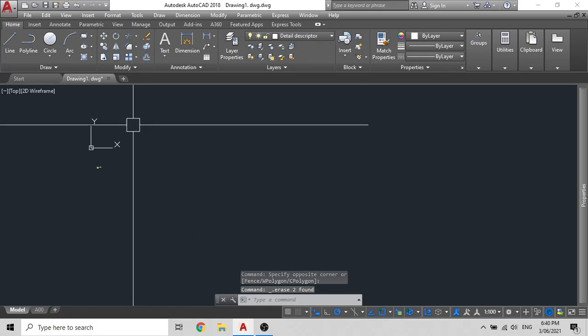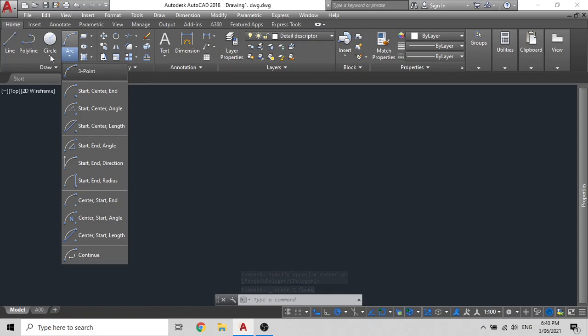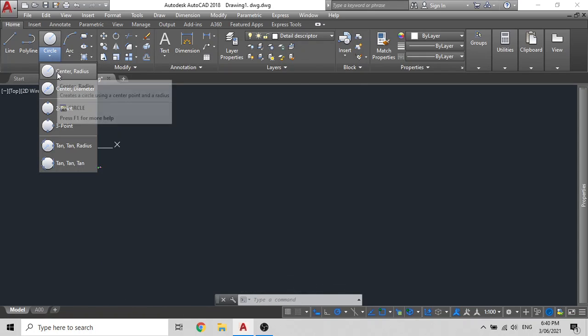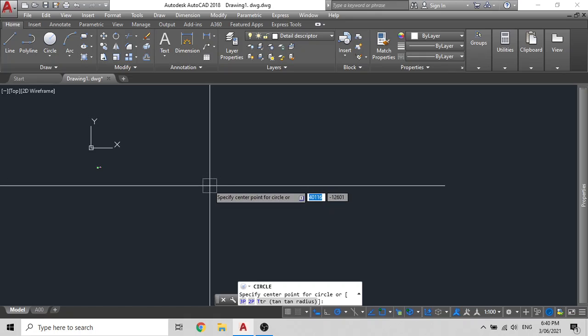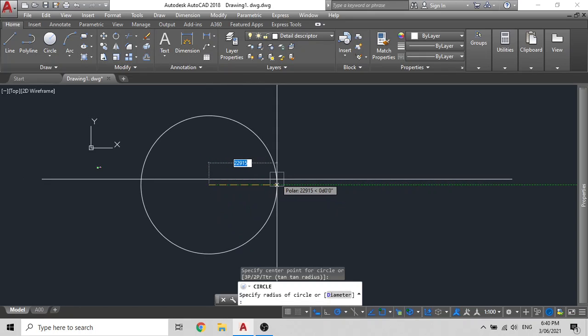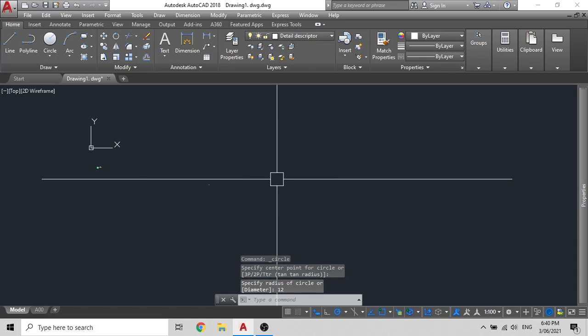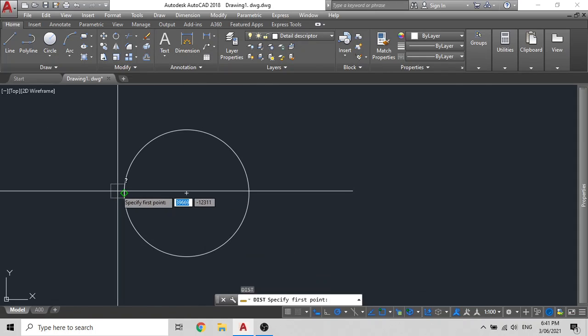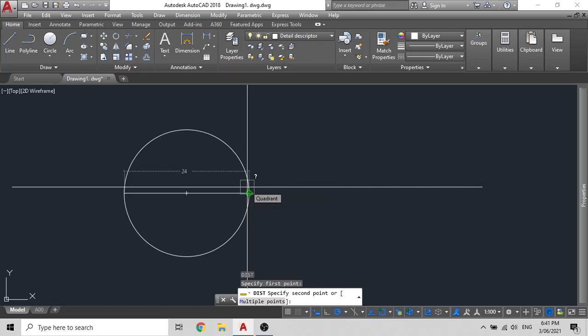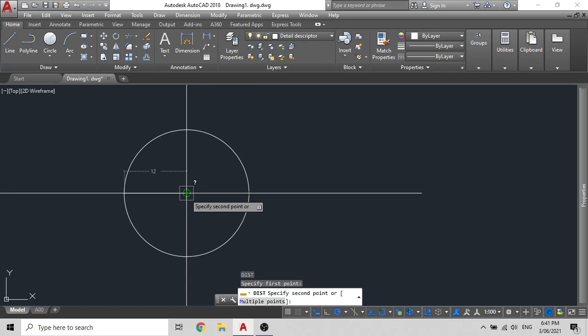The next are the different types of circles. AutoCAD has several different kinds of circles in it. This is a center to radius circle. So if you wish to create a center to radius circle, firstly click on the center to radius circle option, click wherever you want, and then just enter your radius. So if you wish to make a circle of 24 meters diameter, you will have to enter a radius of 12 mm. Not 12 mm, 12 meters. Sorry. Now as you can see, you have created a circle of 24 meter diameter with a 12 meter radius.